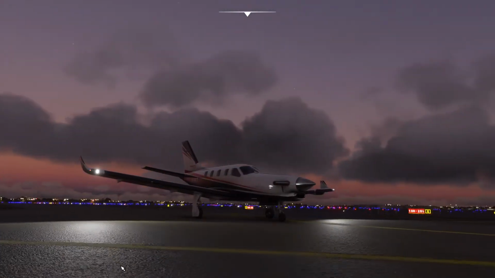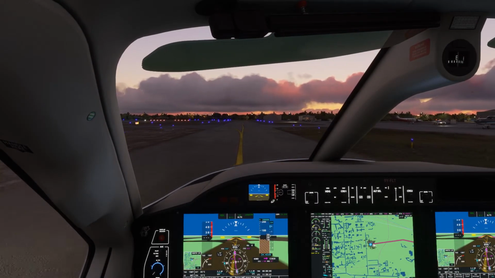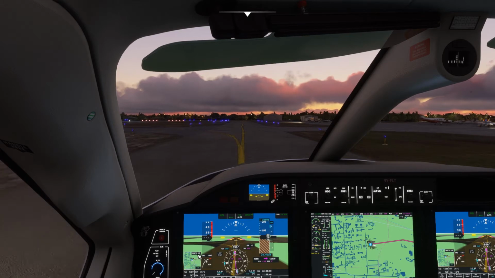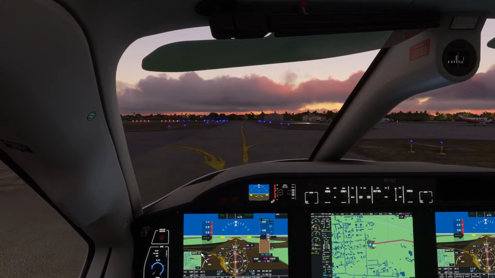I don't like the taxi lights and the landing lights on this aircraft. I think they need to get a nose light. I mean, probably the landing lights or the taxi lights kind of converge, but I don't think it converges enough, at least in the sim. I don't know how it is in real life. Getting some stutters there. Yeah, the lights kind of...